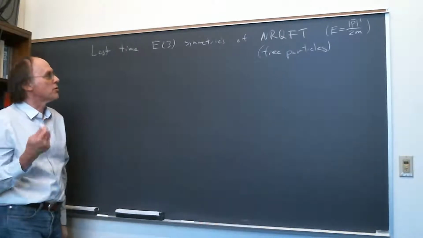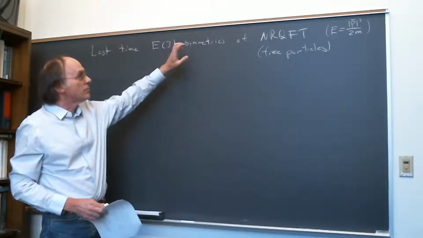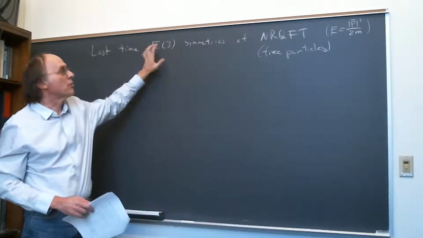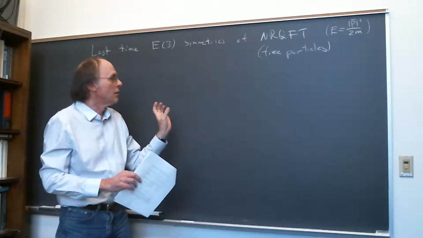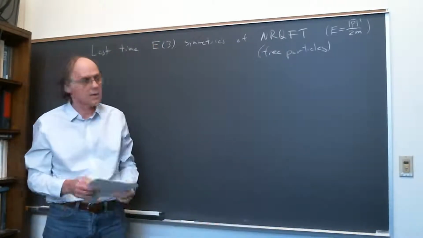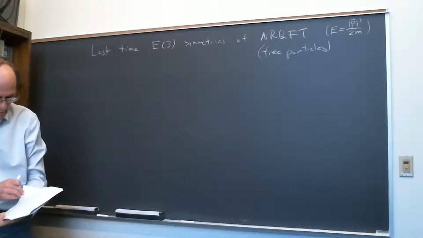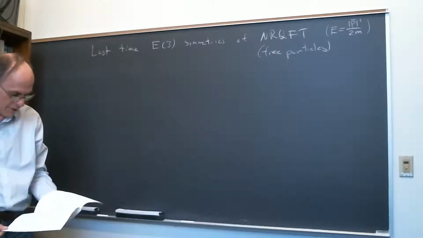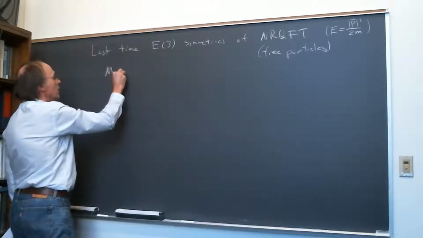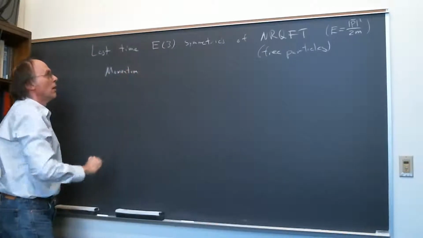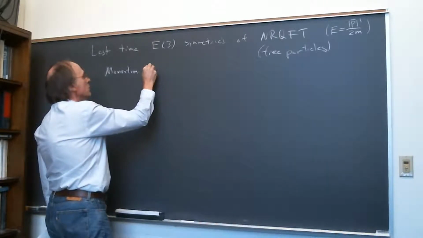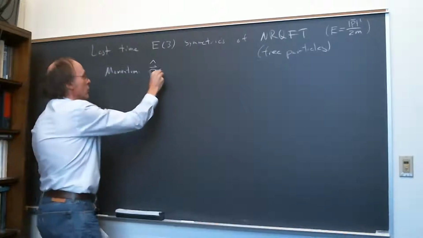how do you use those operators to write down, for any element in the Lie algebra here, an operator which gives the representation of this group on the states? And we went through that last time. What you have is momentum, which is the translation symmetry. There's an operator which you can write